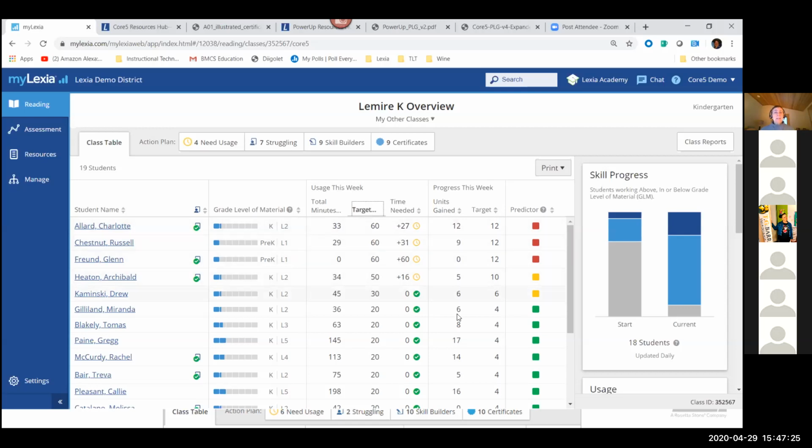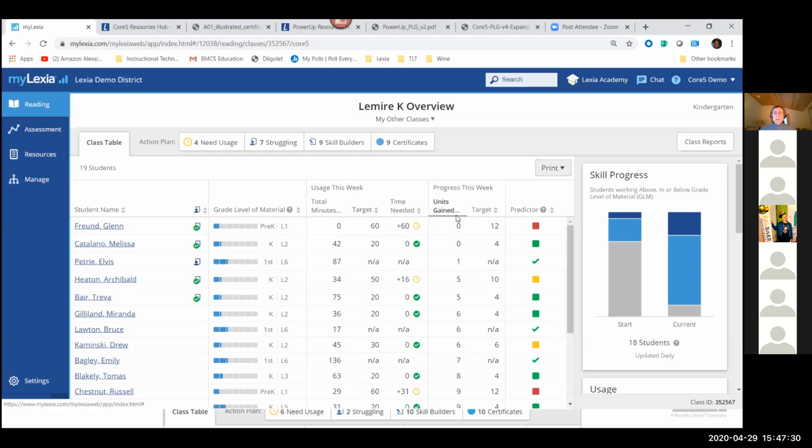And so sometimes it's interesting to look at this, and let's say if I sort on this, here are some students who have 0 units gained, but look at, oops, they've worked 42 minutes. So there are some things to talk about with the parent. They're on, but they're not completing units. So they may not really be focusing. So you have some good information here. That is something to monitor periodically as well, is what is the pattern